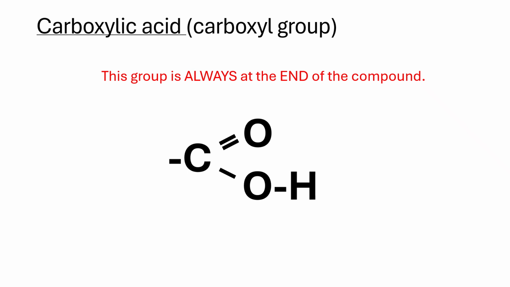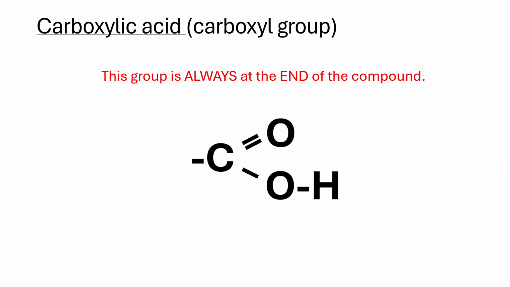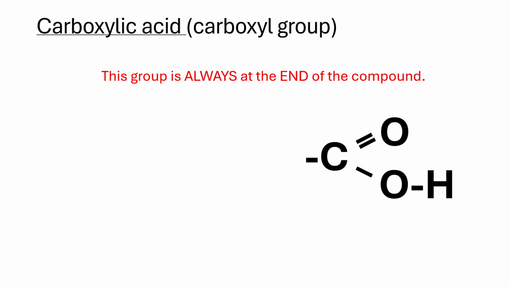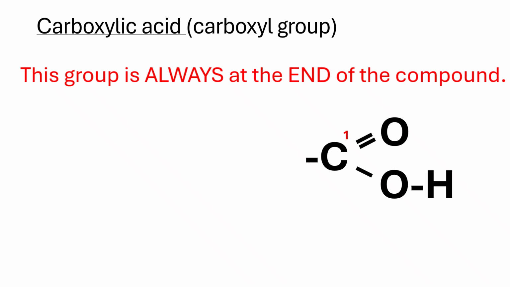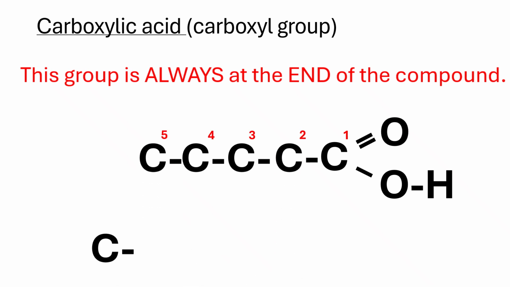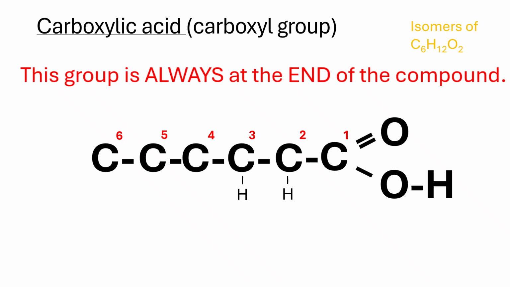So you need to look for the left and right, but let's actually put this to the end, to the right, and the carbon that has the COOH group should always be the number one carbon when you start counting the main chain. So I'll be adding a few more carbons, and today we'll be dealing with 6 carbons, so I can show you how the branching works. So filling up with hydrogens, and you will end up with double the amount of hydrogen to the number of carbons. So the molecular formula is